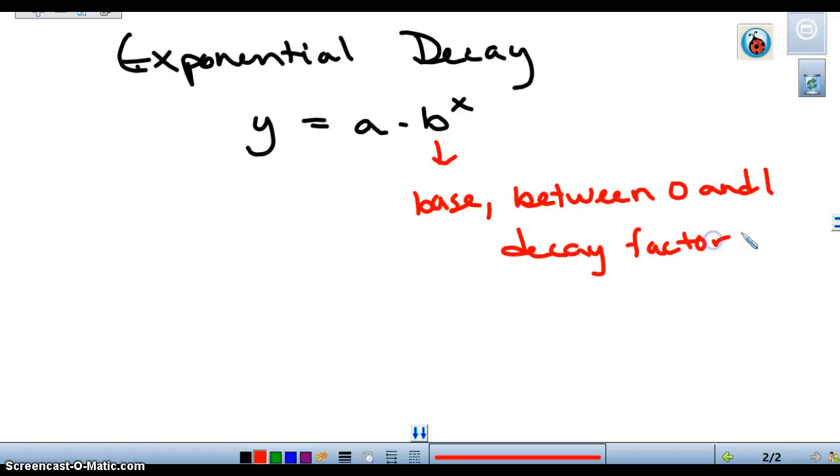That means decay means it's becoming less, right? So for example,